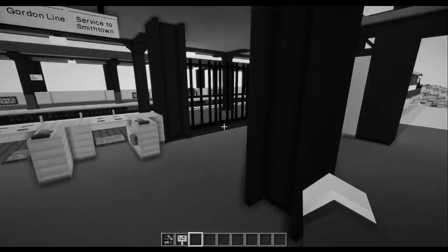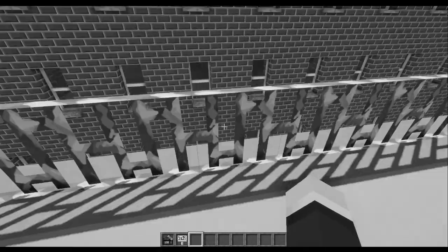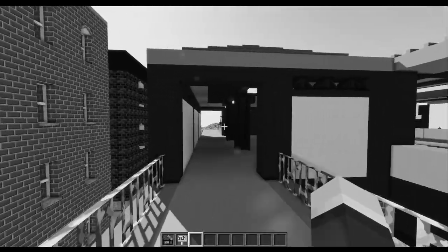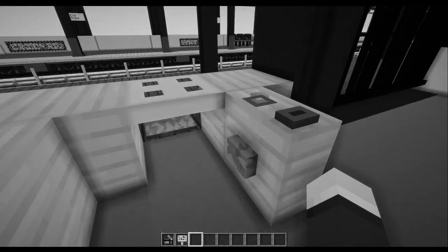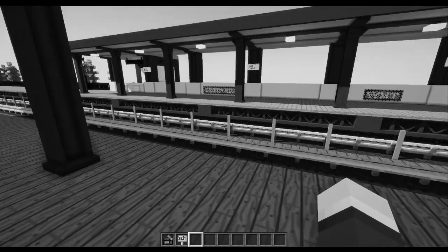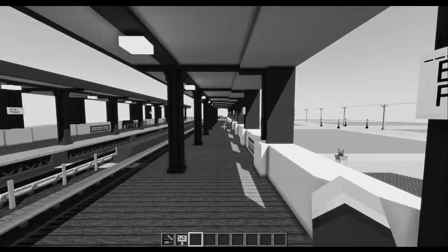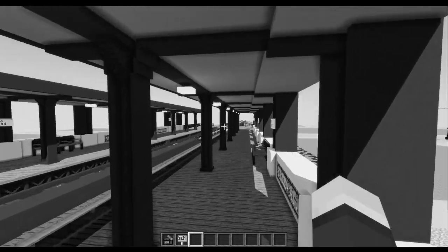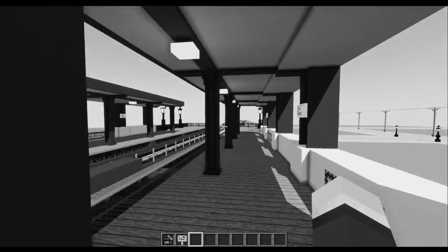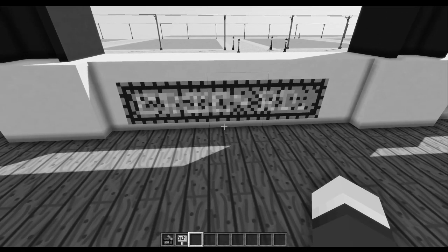Let's go into the station. So you have staircases over here, so this is how you can enter the station. And here's the station entry, Gordontown line, service to Smithtown. And again, it's a wooden platform. But some buildings built that way are not wooden platforms. They are actually concrete type platforms. So there's just a mosaic here, Eerie Road